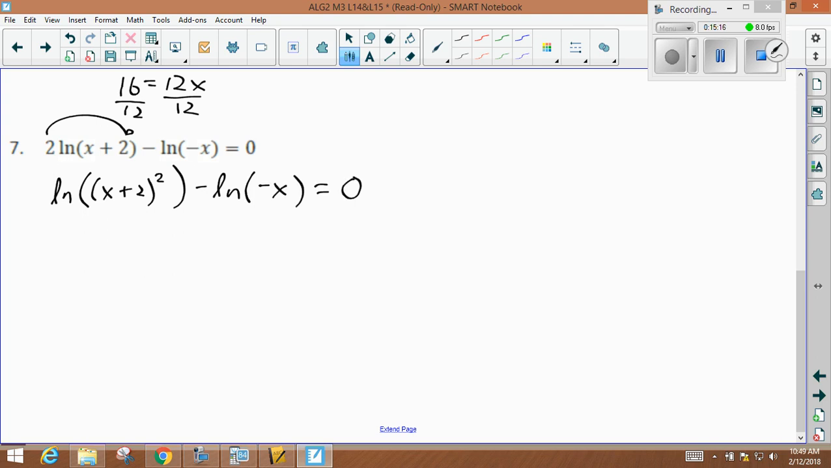All right. Let's go ahead and write it as 1 log. So this is going to become natural log of x plus 2 squared over negative x equals 0. Now we will write its exponential counterpart. And remember, natural log, or ln, is log base e. So that means that,